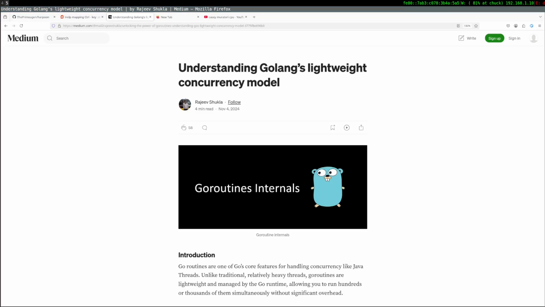It's fine. Okay, makes concurrency look basic. Yes, definitely looks basic.